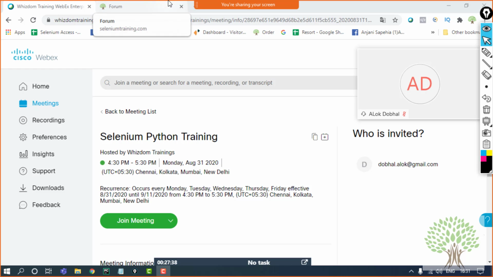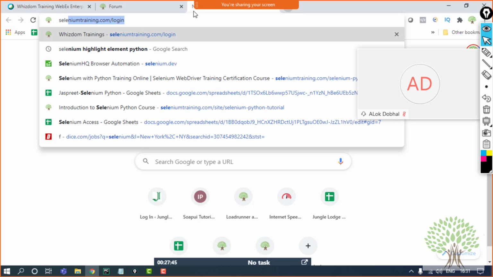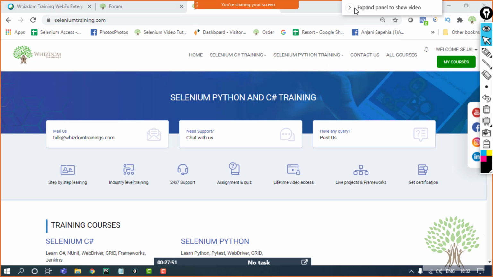In the last class, we have seen till the part where we have seen complete XPaths, right? And we were taking the site of seleniumtraining.com only we were taking, right? So we have discussed what XPaths are and what complete XPath is basically. It starts from the root of the document, that is the first tag of the document, the HTML tag, and it goes on further in the hierarchy.